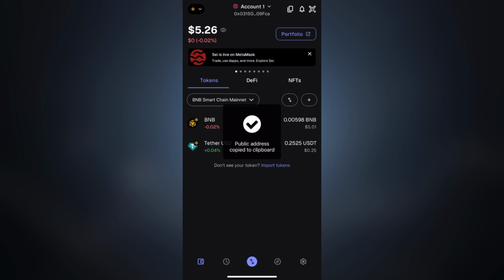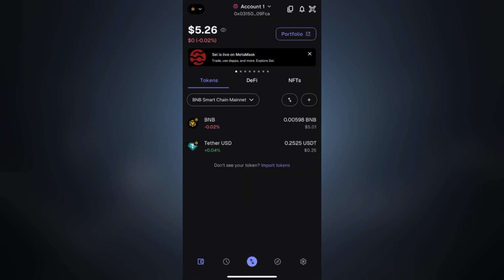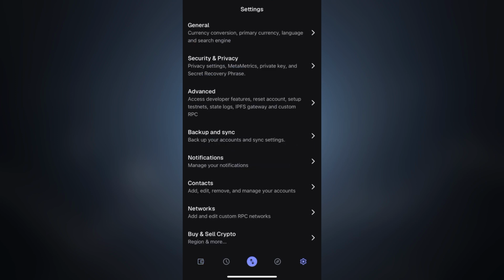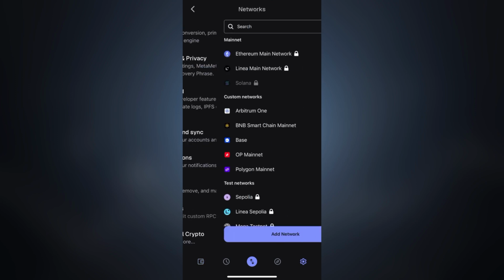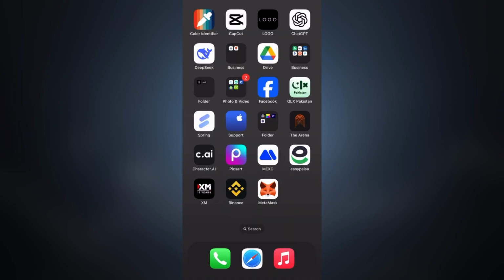If you don't see BNB Smart Chain or Polygon, you need to add those networks manually. In MetaMask, click on settings, then click on networks, and then click on add network. Then step number 2: go to your Binance wallet, search for the coin you want to send, and then click